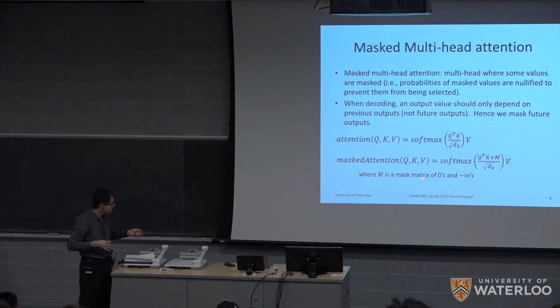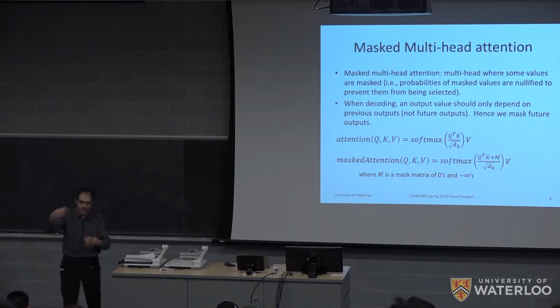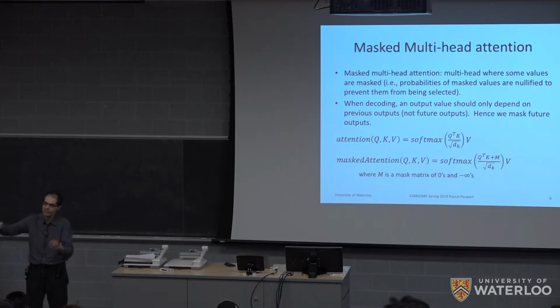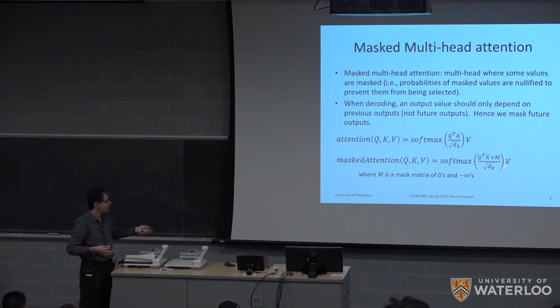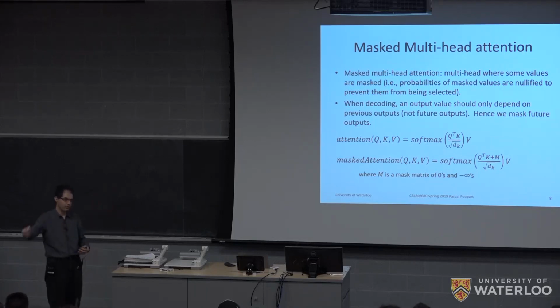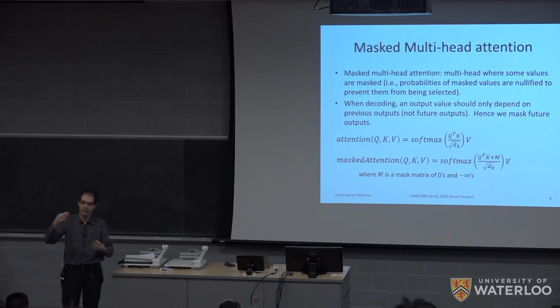Now if I add a mask, which is a matrix of zeros and minus infinity, when I take the exponential of minus infinity, it gives me 0. So this has the effect of ensuring that the probabilities of certain items are going to be 0, and this will have the same effect as removing